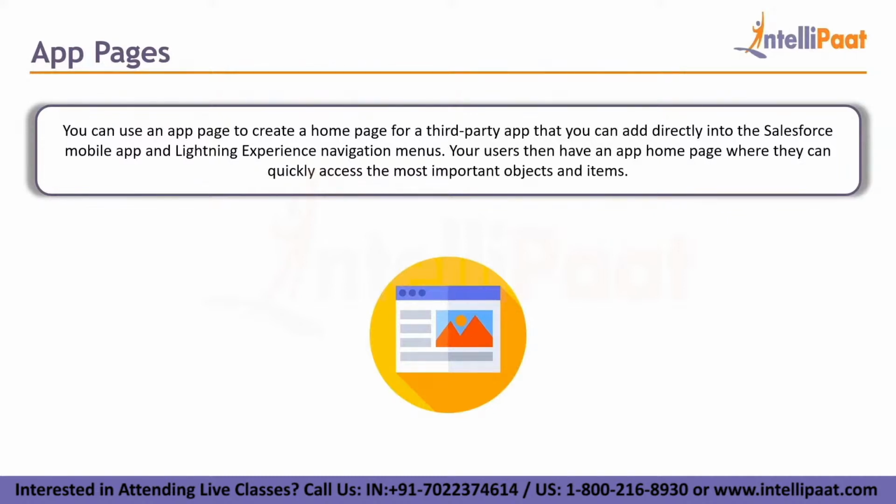Other than that, you can decide who gets to view what kind of pages, what kind of access there is, and where they can access these objects. You can handle that as well. So that is what is in the app page. We will be developing an app page and an object, and we'll be putting both of them into our Lightning application in the demo. So let's quickly jump into the demo so that things become clearer.